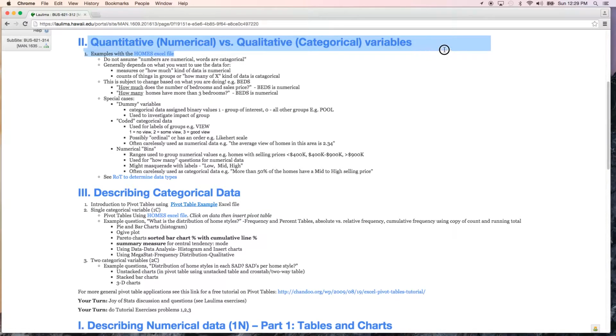quantitative versus qualitative, or numerical versus categorical values. I assume that you're already familiar with this from the overview. But let's take a look at the homes data and try to determine which things are categorical and which are